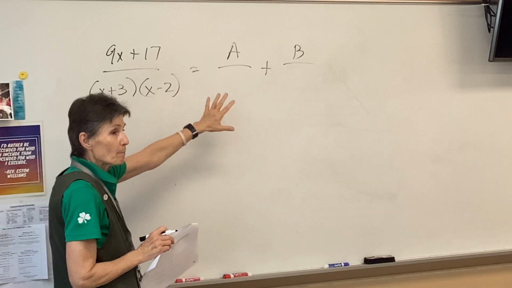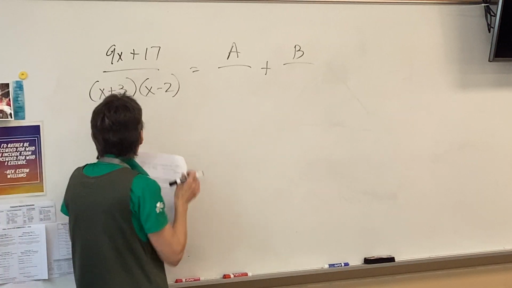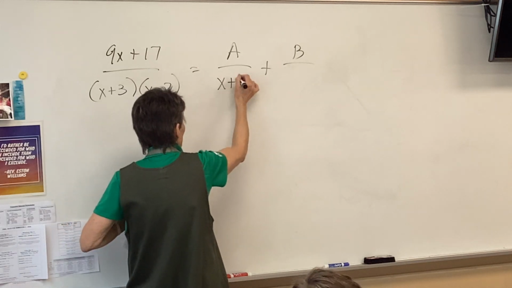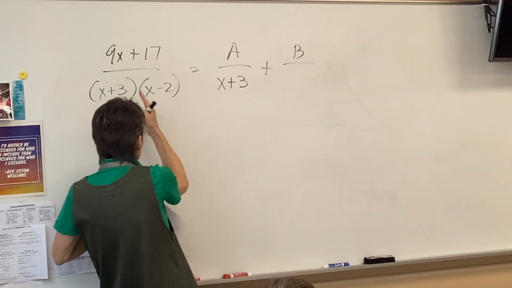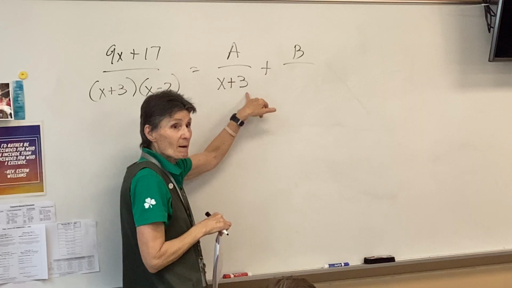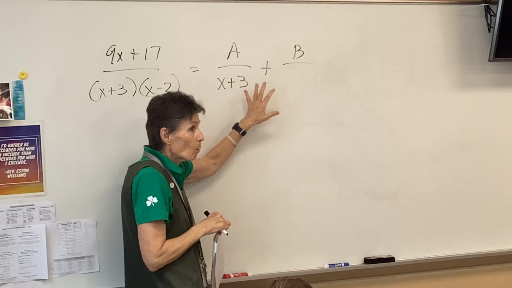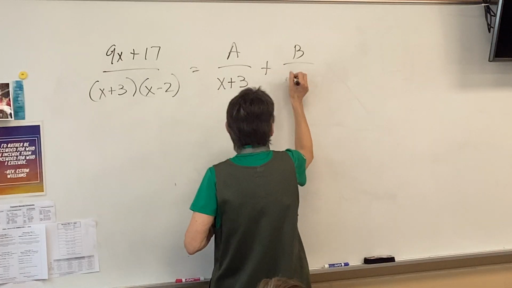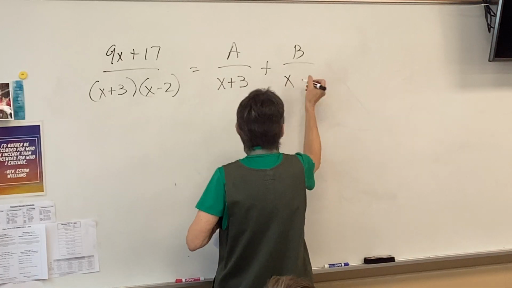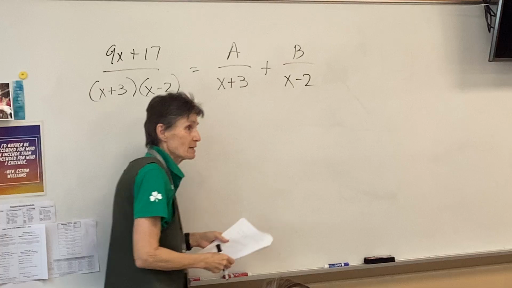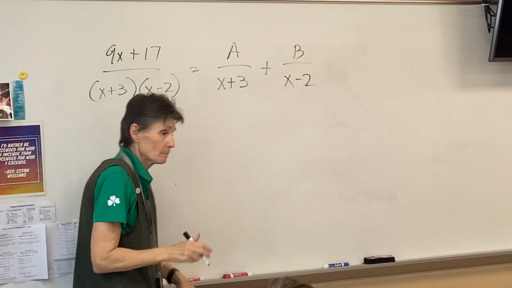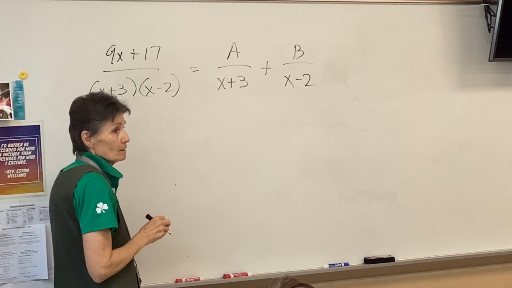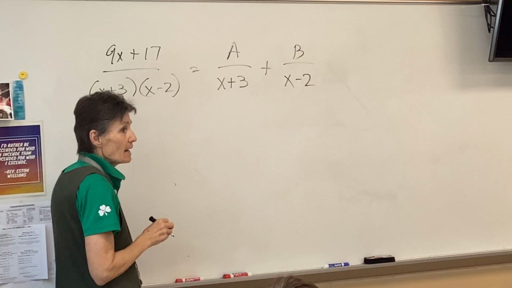So when you set up your partial fractions, I'm gonna have x plus 3 here. If you had these flip-flopped, and you have x minus 2 here, that won't matter. Just one of them is gonna be over x plus 3, and one of them is gonna be over x minus 2. All right? Now,